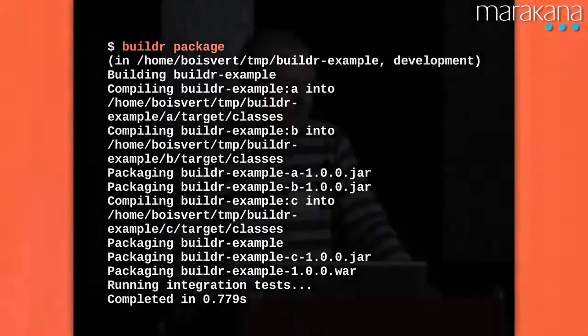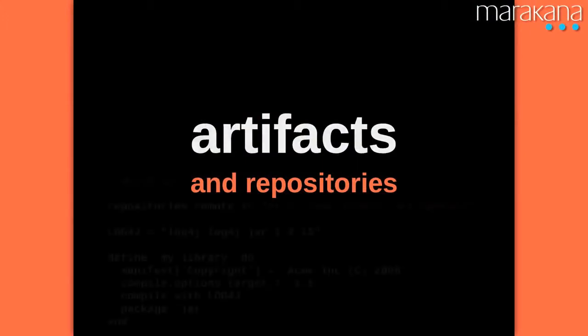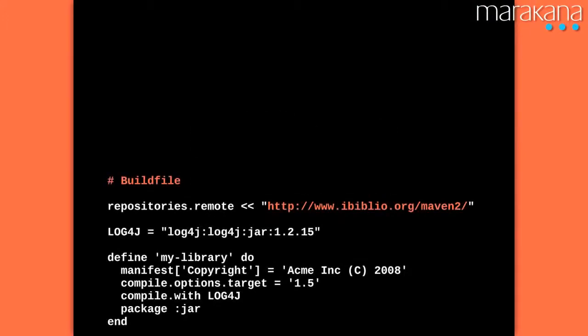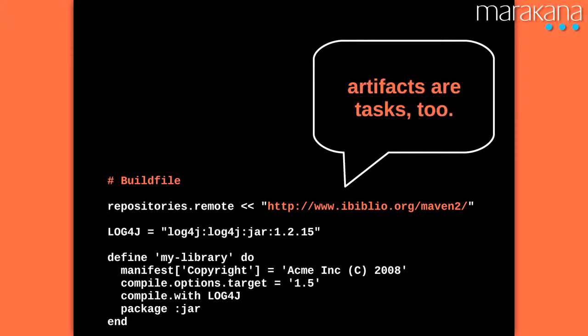What's very interesting is that we try to get a feel of artifacts and repositories so that we could use the ones that are defined in Maven. So, for example, here is a Maven repository in the middle of your Buildr code. And you can reuse it, and you can see that the artifact down there is log4j. So how do we do that? We take what used to be group ID, put some strings there, artifact ID, put some strings there, the version, the extension. We put that into a string, and we make sense of it.